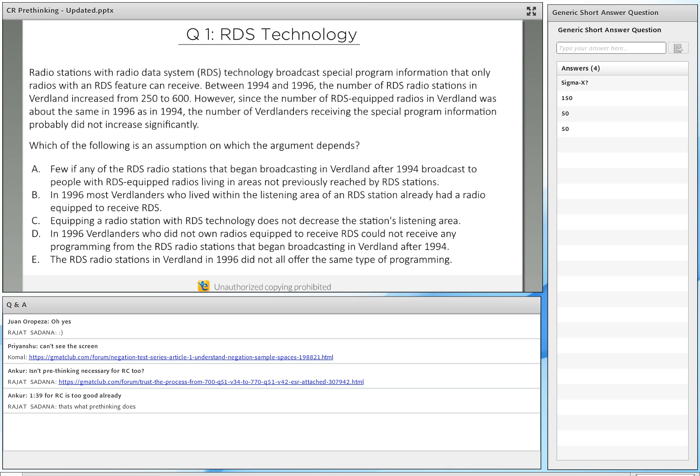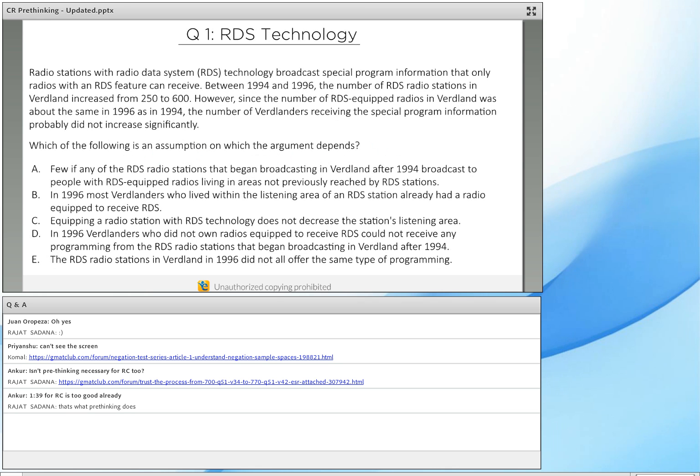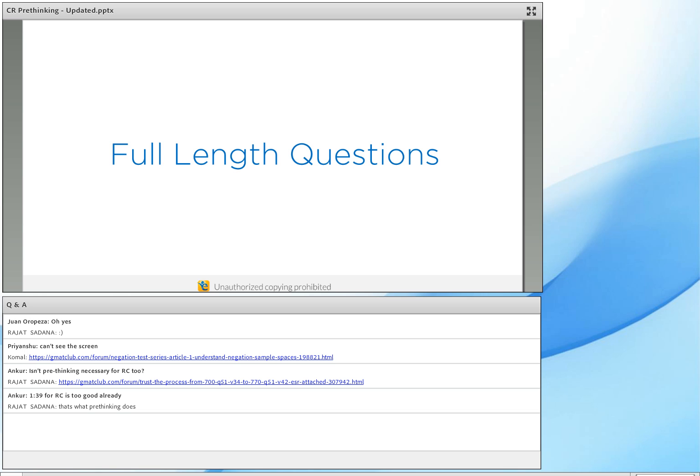Okay, with that, yeah. So when we were creating those questions for the Sigma X mocks, that's when we were evaluating those questions. Okay, so next set of questions. Now these questions are difficult, so let's reset ourselves. Let's understand what we learned. One is read the argument slowly. The second is trust the test. The third is always ask the pre-thinking question.